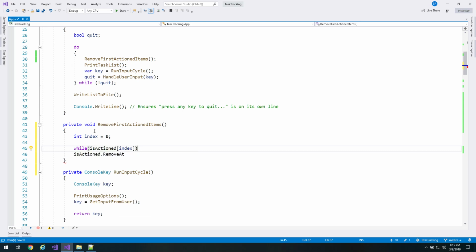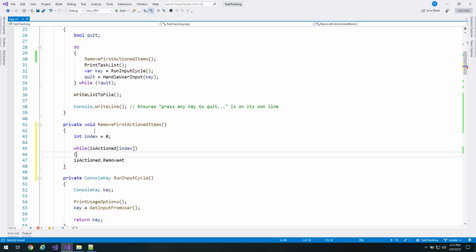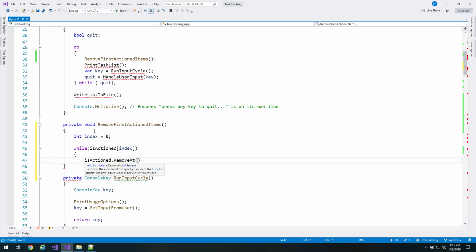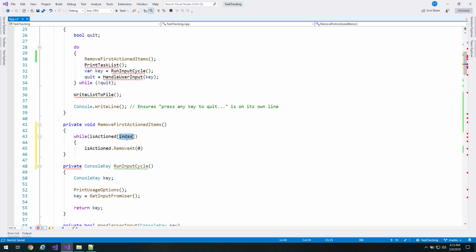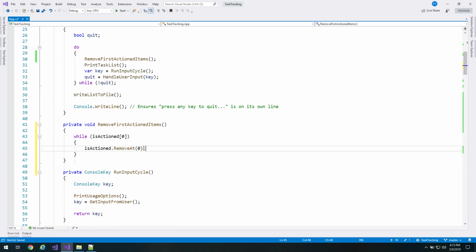is true. We want to, first things first, oh well, you know what, I don't even need to do this because we're only removing the first items in the list, so that's perfectly reasonable. So while isActioned 0 is, so while the first item in the list is actioned, we're going to remove that first item, and this is not the most efficient way to do this, by the way. There are much more efficient ways to change a list, particularly by not using an array-based list, because you then have to move everything at the end of the list to the beginning of the list via copy, which is really slow and obnoxious. But putting that aside,